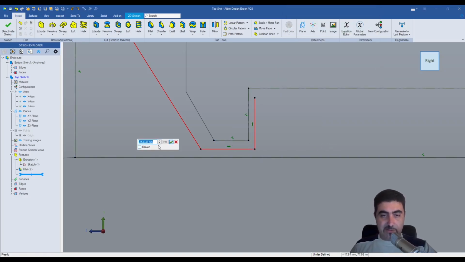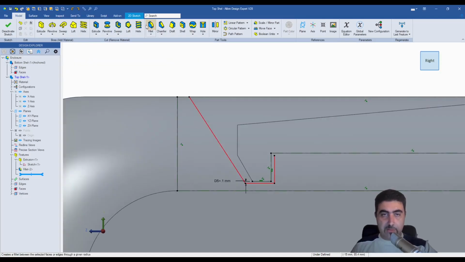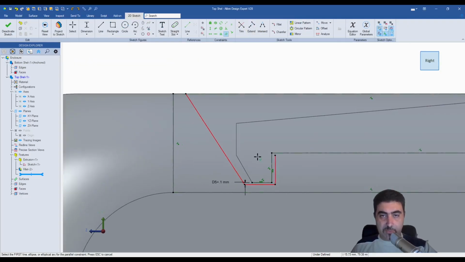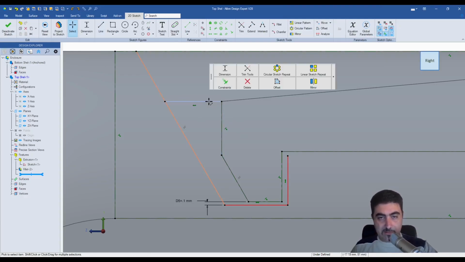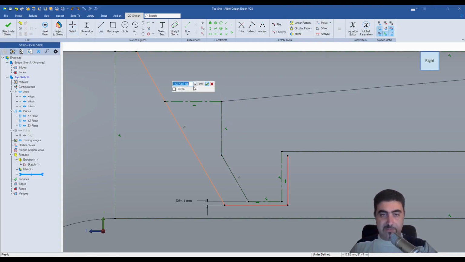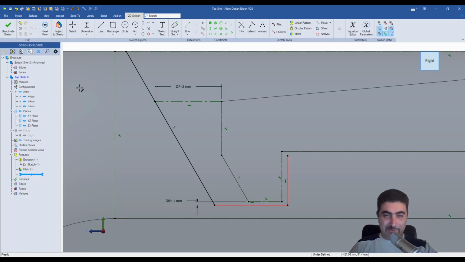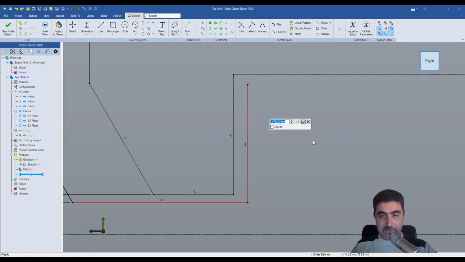I want to add a tolerance here of a 1/10. Okay, 2D sketch. Sorry, I want these 2 to be parallel. I want to make a line here as a reference that I can dimension this to be 1 millimeter. Okay. So no, that's not enough. It's too much. 2 millimeters. I'll have another tolerance here of